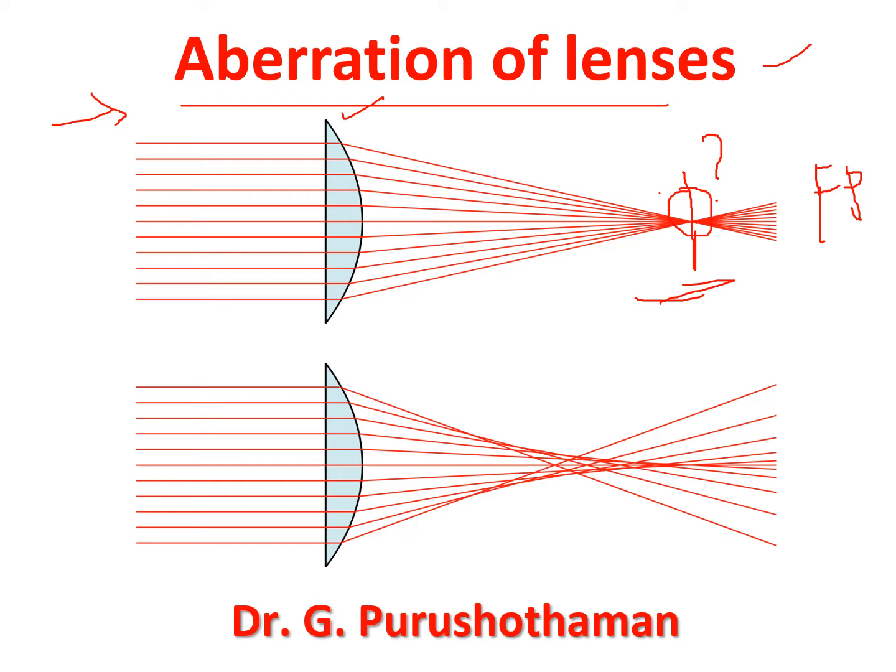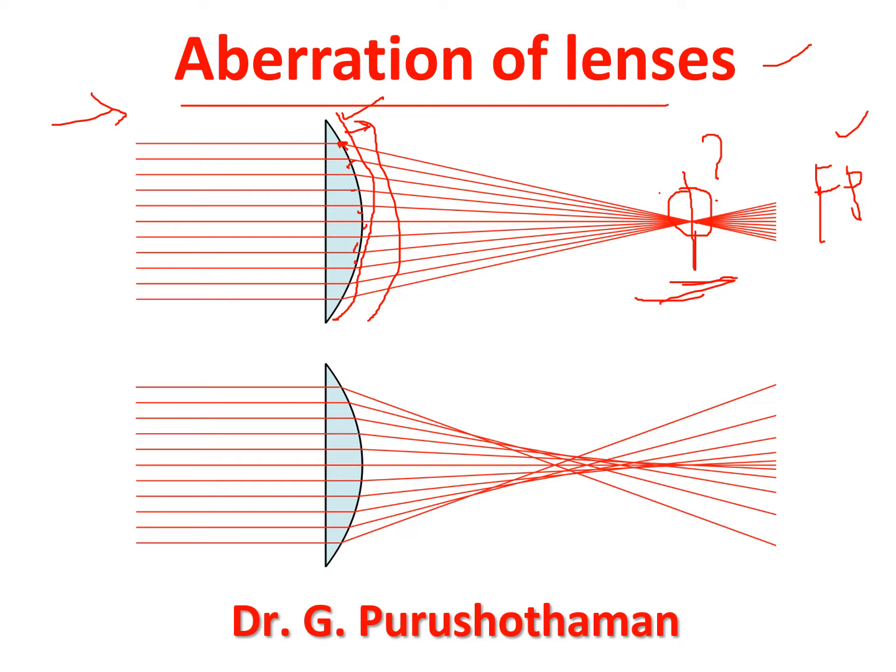Why is this exactly focused on this point? The main reason is the exact curvature of the lenses. Exact curvature means the curving of the lens is exactly the same. Same means a proper curvature, no deformities or difficulties, meaning no breakages in the lens. There is no presence of any rough surfaces over here. There is only a smooth surface. So if it is exactly proper curvature, it can exactly focus on this particular point. This point is called the focus point.